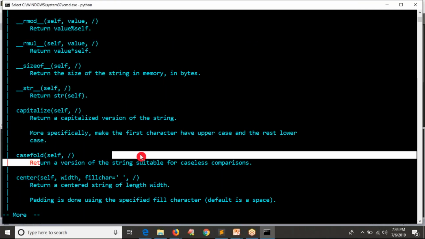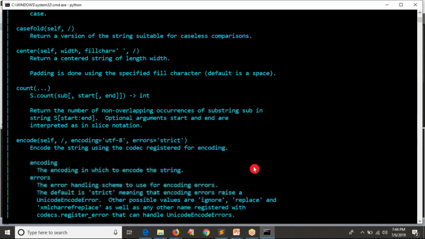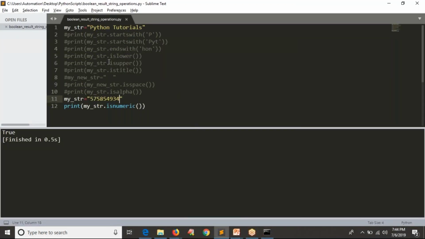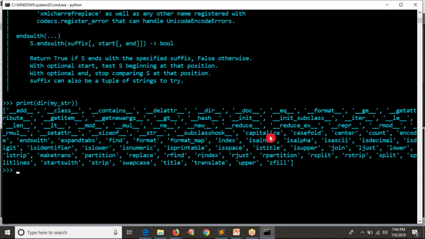Casefold, right? So likewise you have all operations here. Just go with only the is-something ones which give the result as boolean data, true or false. This type of operations are very important in real time. You just try to practice with your remaining operations which are there like this, right? Is alpha, is ASCII, is decimal, something like that, right?